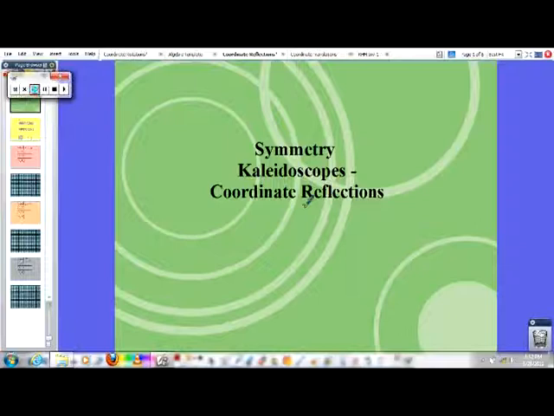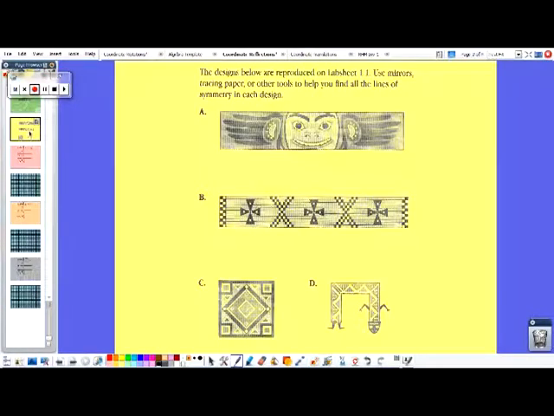The first type of symmetry that you're going to learn about is called reflection. For example, if you look at each of these pictures, the idea of reflection is if I were to draw a line, the two halves will match up exactly. So like for letter A,